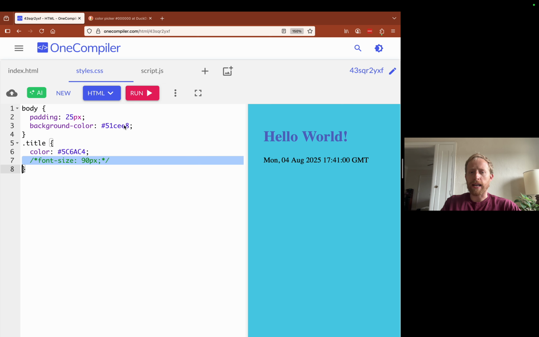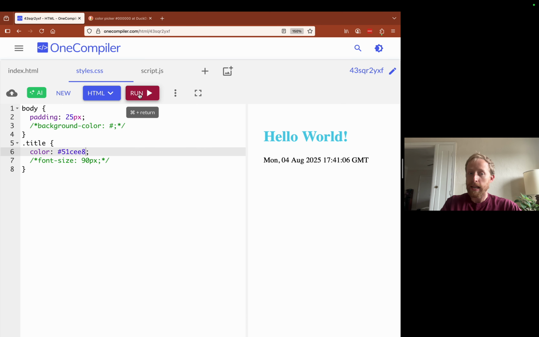Again, I can do that for the background color, but alternatively, I could do that for the font color, however we wanted to do it. And what do these things do that I just added here? Does anybody know? These are what are called comments. In computer science, there are different languages that have different ways to comment.